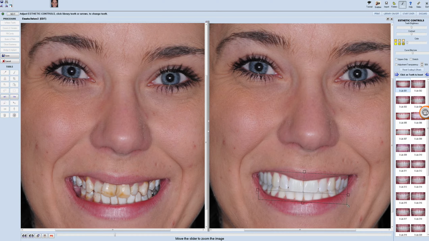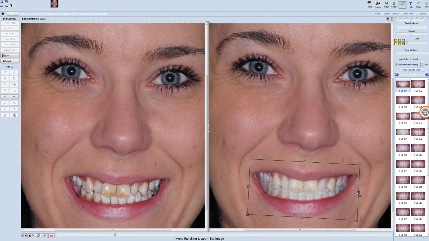Once you've got the teeth roughly in the right position, we can then make it as anatomically correct as possible from the top right hand side. I'm going to put a left tick in the adjust transparency box and the stretch box. Now that box that's appeared, you can see now when I move it down, we can lengthen the teeth and size the teeth. So we can make the image as anatomically correct as possible